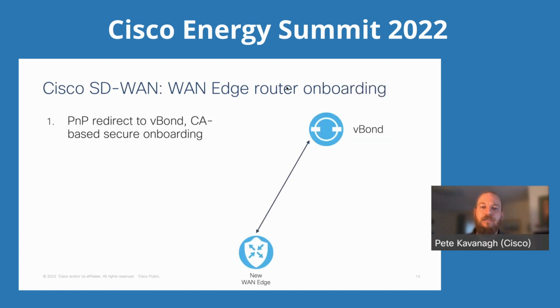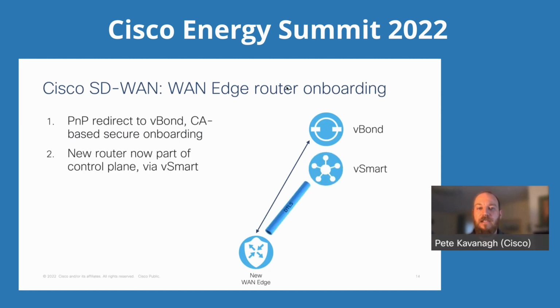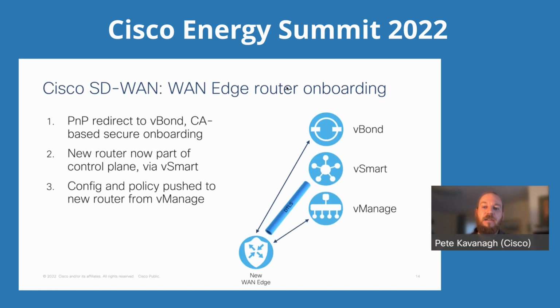Very quickly, very briefly, I'll take you through the onboarding flow. So as you take a new SD-WAN box out of the brown Cisco cardboard box, plug it in, power it on, it goes through a plug and play onboarding process, which works completely seamlessly based on cellular interfaces and Ethernet interfaces. It connects to the vBond server. It does a certificate authority-based secure onboarding workflow. The new router then is part of the control plane and can communicate with the vSmart server. And once that's done over a DTLS tunnel, it can communicate with vManage,